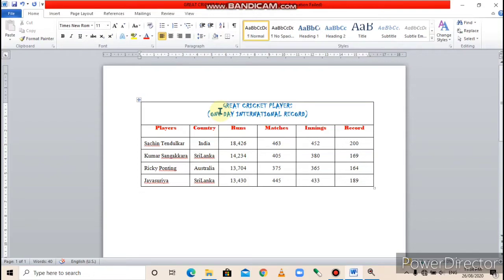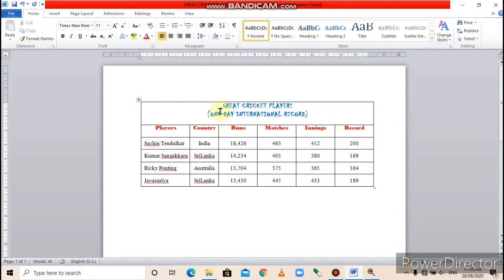Applying border. Border gives the table an elegant look. You can apply border around the entire table or around selected cells. The steps to apply border are as follows. Means you can change the border of the entire table, and we can change border of only selected cells. If you want to change entire table border, then you can do that. And if you want to change any selected cell, selected rows, selected column, then you can also change the border of that selected portion.